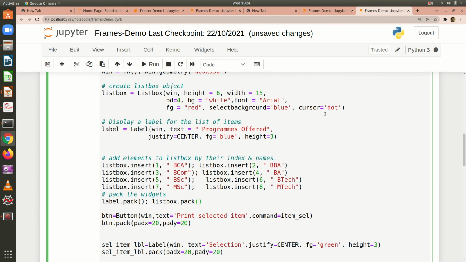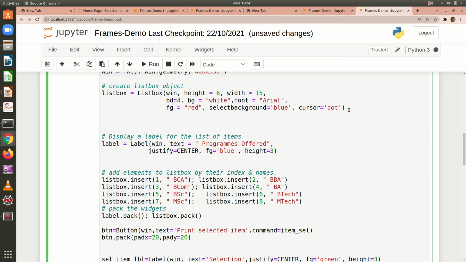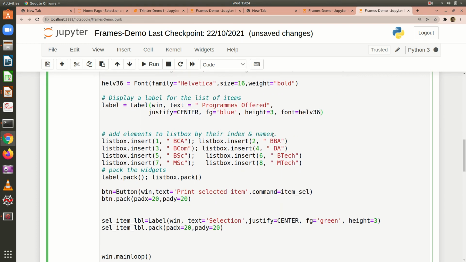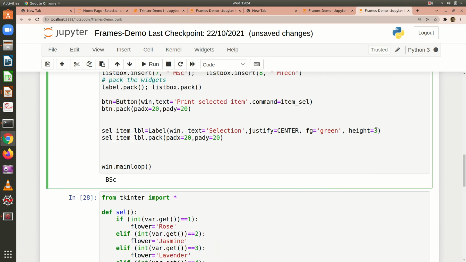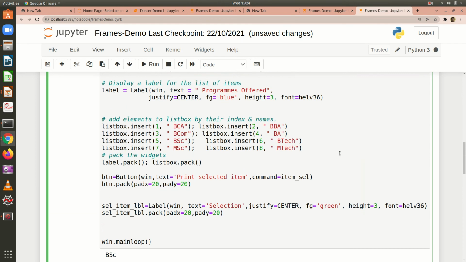Let me have this size, and I set the font equal to Helvetica 36. That is the font object name. The same object I am going to use for the second label also.